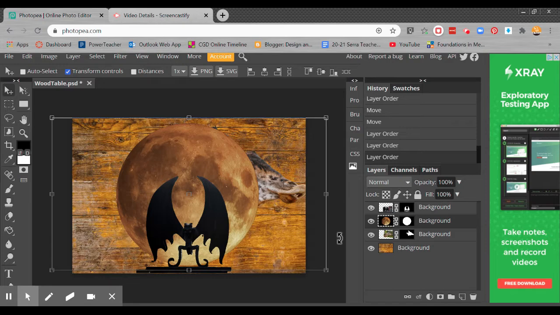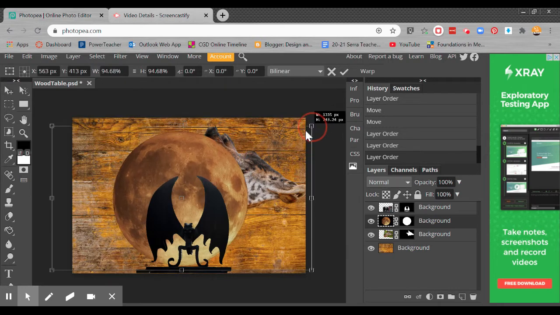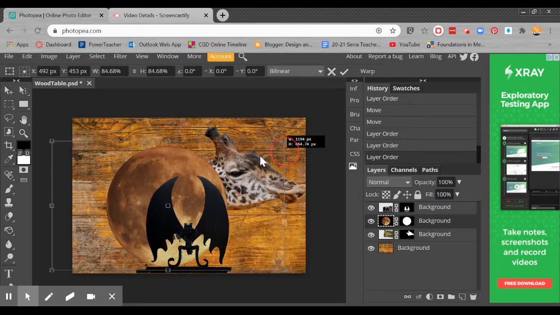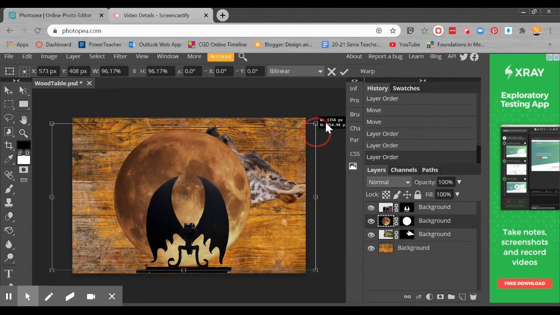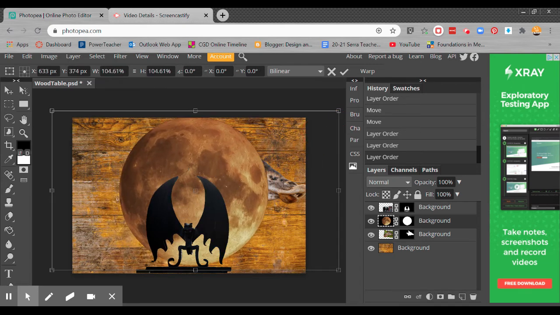I'm going to press V as in Victor to grab the move tool. And I'm going to grab this corner, but I'm going to show you another trick. If I just hold the shift key and start to drag, see it's moving and it's resizing based on that corner that I grabbed. But watch this. If I hold down the shift key and I hold down the Alt or Option key if you're on a Mac,